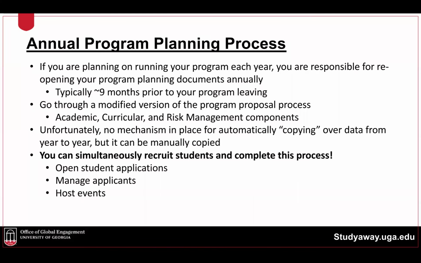So when a program proposal is approved, what the process looks like is that your supporting signatures documents that you signed with your unit approval and your college approval get signed by the Director of Global Education, and then they get signed by the Associate Provost for Global Engagement. Once those are signed, we prepare an official letter that says your program has been approved, and we send both the letter and the signed supporting signatures documents to the proposing individual and